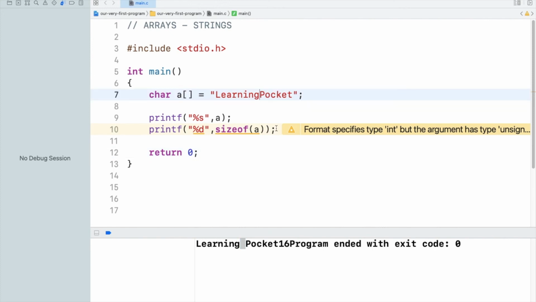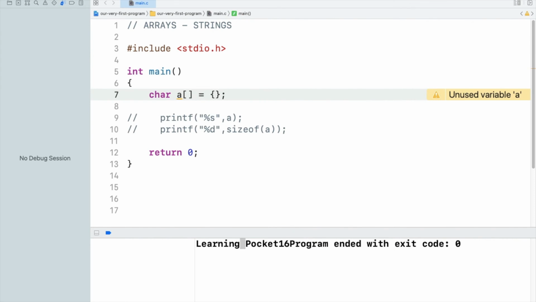And the second method of initializing a string is similar to the very first method that we learned, by separating with commas and giving each as a character. So I'm going to write learn, and at the end we need to specify \0. If you do not specify \0, you might end up getting some string that was not stored, or some unknown character may get inside the string, and it may cause trouble.